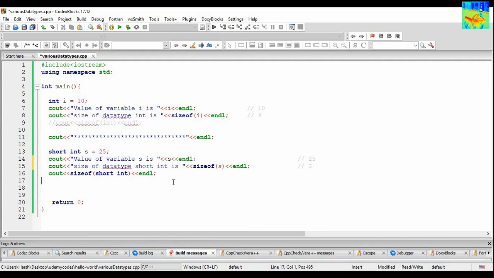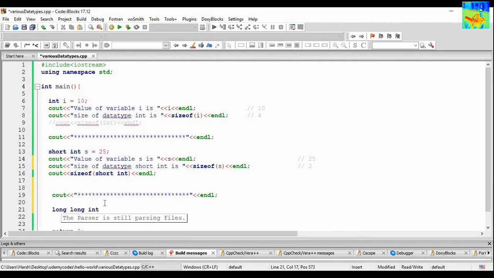Okay, so now let us talk about long. First of all, Control C, Control V. Long int L equals, let's say 30. Cout value of variable L is L and then endl.